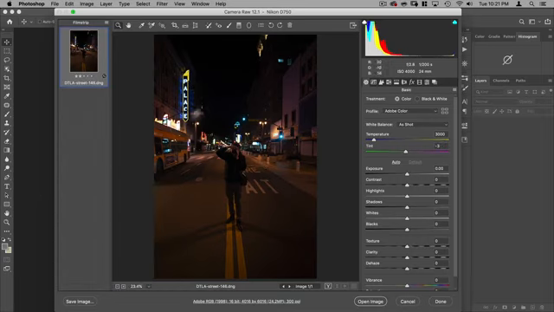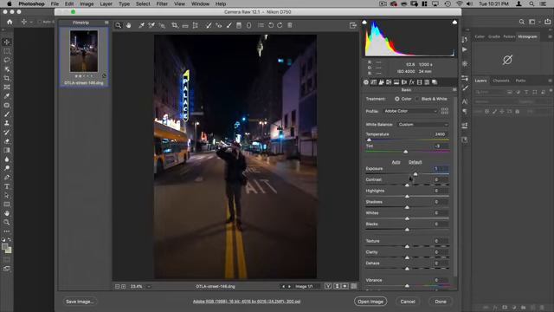All right, so first we're going to make a few adjustments here. Primarily, I want to just bring up the shadows so that we have a little more detail in our darks, and also adjust the temperature of the image so that it's not so warm. All right, so let's change this to 2400. Let's bring up the exposure by 1, and let's bring down the highlights by, let's say, 40, and bring up the shadows by 60.